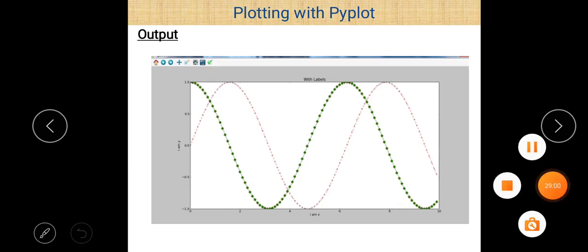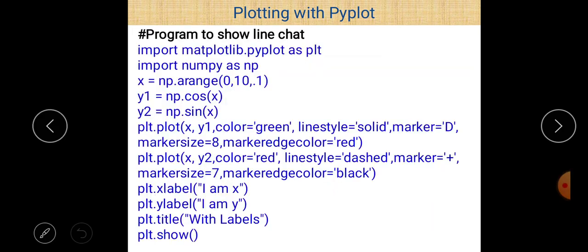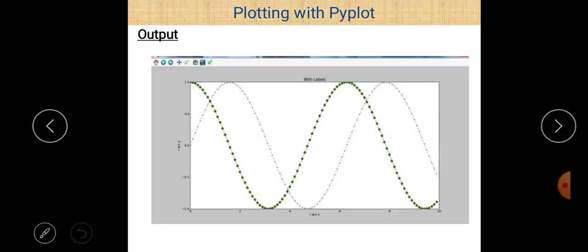You can easily see it on the screen, green and red. So basically green is used for the line between x and cos x, and red is used to show x and sin x. So there are two different lines.